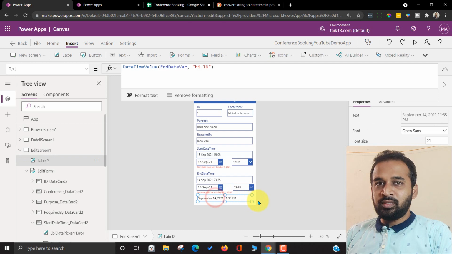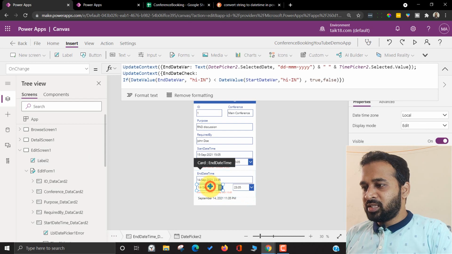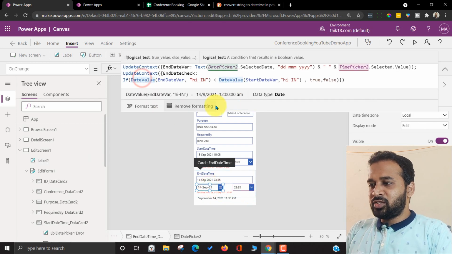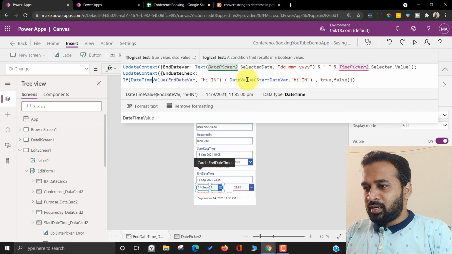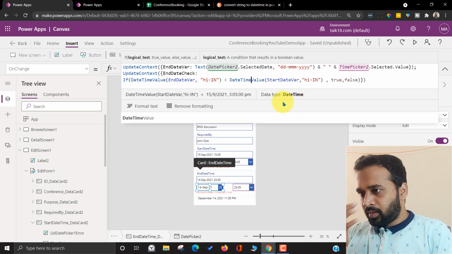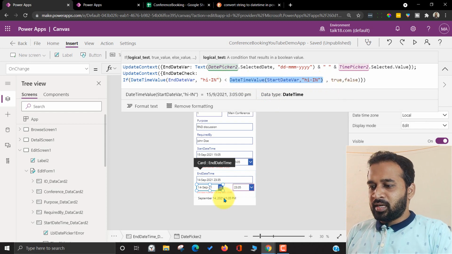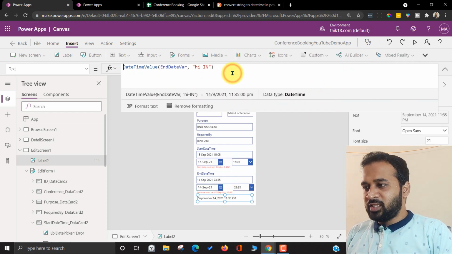Okay, let this be here just to make sure everything works fine or not. So I'm going to go to this drop down. Instead of date value, I'm changing it to be date time value, and also here date time value. Okay, that's great. So I'm just going to copy this now and add this onto the text of this one